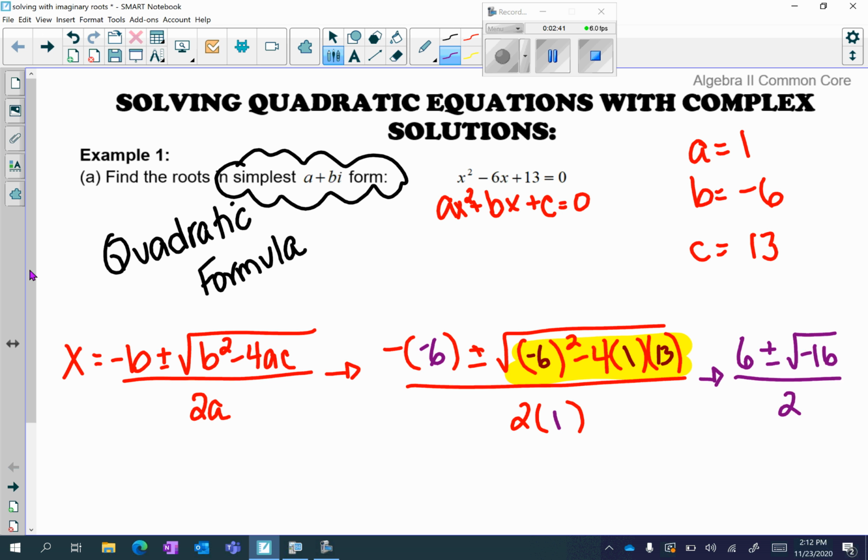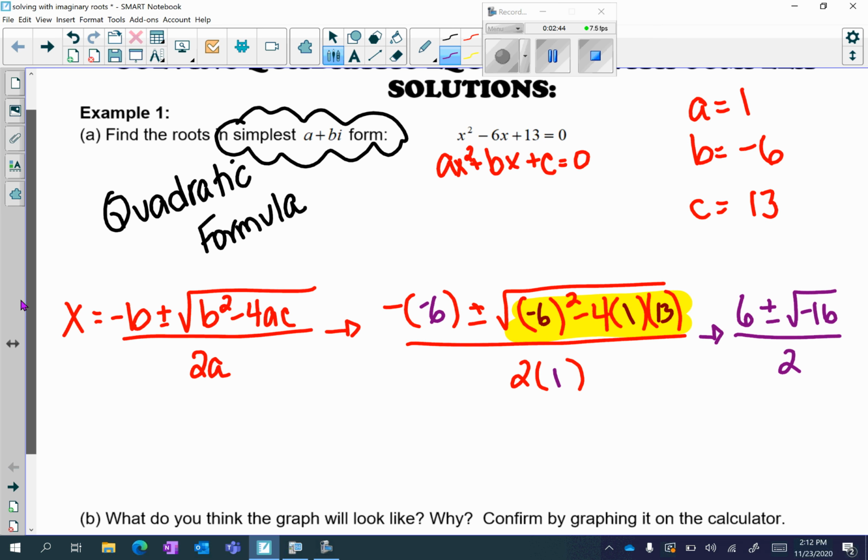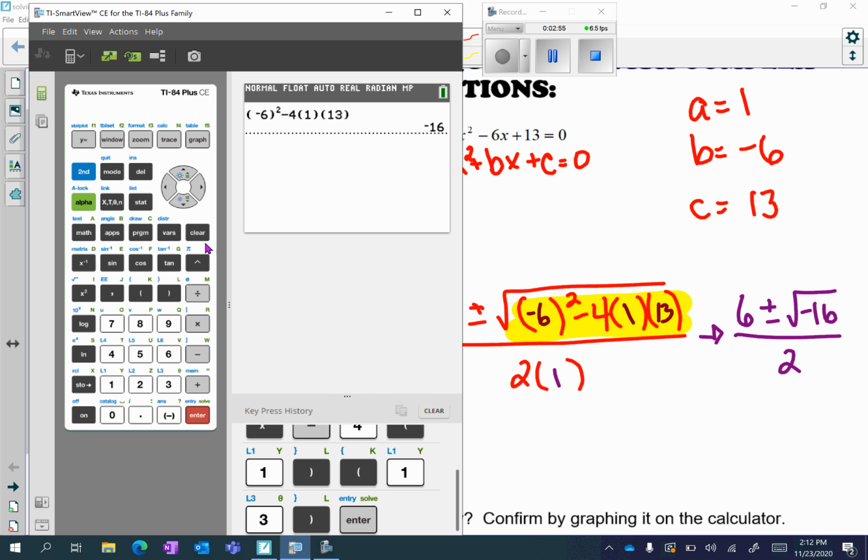Now, earlier in this lesson, you should have learned about negative numbers under the radical. Because -16 is a perfect square, I don't need to break it down. The square root is going to be 4i. If you're not sure, you can use your calculator. Second square root,